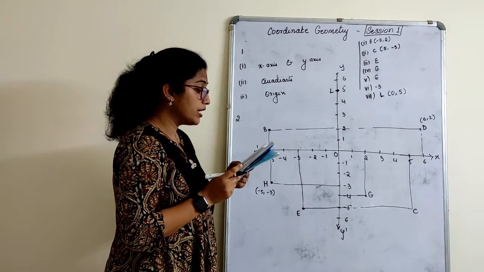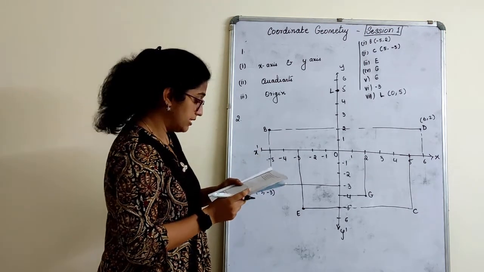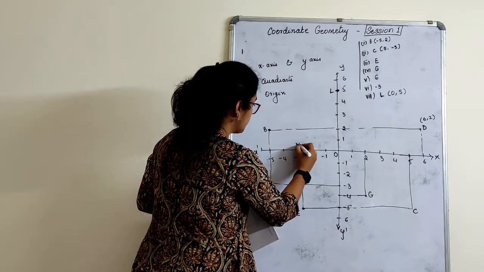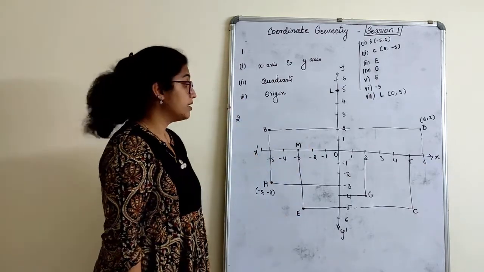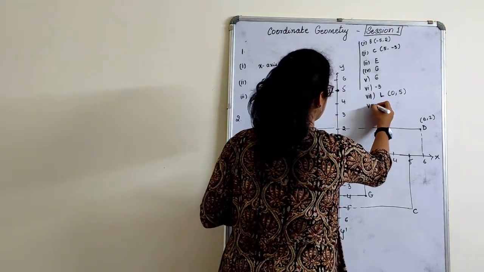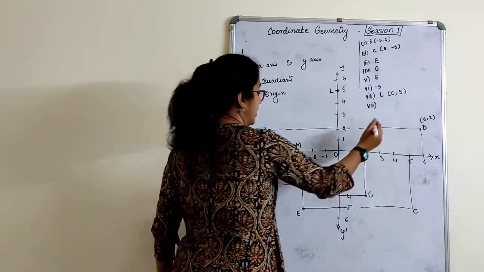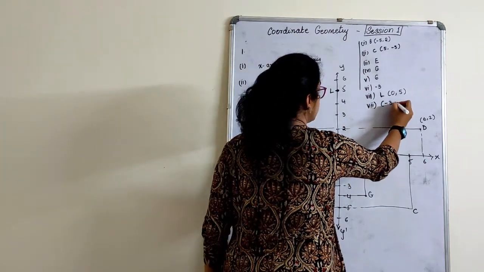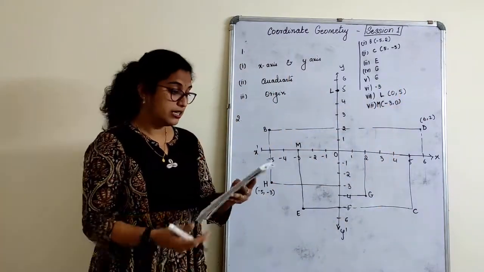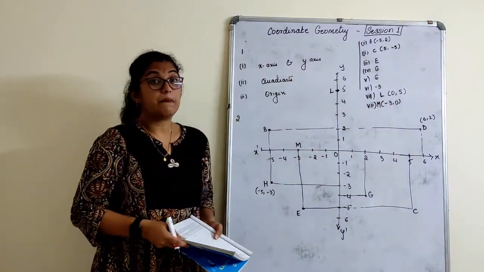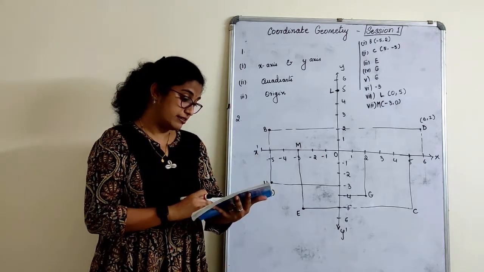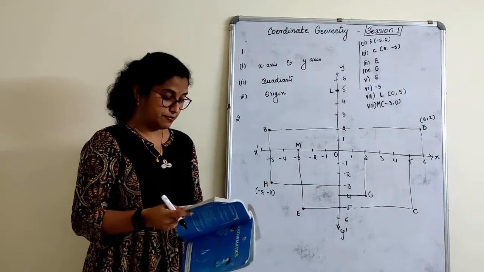Next, the coordinates of point M. I think M also we did not mark. No, M is here. Oh, this is M. How do we read M? Now that's on x-axis. So x-axis, which question is it? 8th one. 8th one is read as -3, 0. Okay, M. Right? Understood? Oh, we completed the first exercise. That's all it is. Quickly, we'll finish the second exercise and we will complete the chapter.